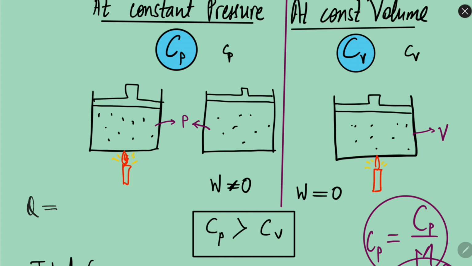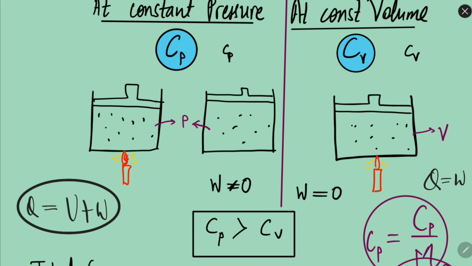The heat is given off to do two things. First, it can increase the internal energy, that is the temperature, and it can also do some work. So in the case of specific heat capacity at constant pressure, heat is used for both internal energy increase and work done, but at constant volume heat is only used for increase in the internal energy, as the work done is 0. So all the heat is given to increase the kinetic energy or temperature of the material. So it is obvious that Cp will be more than Cv.